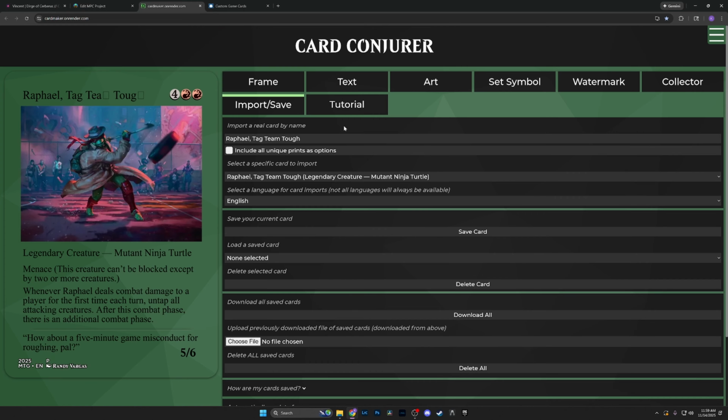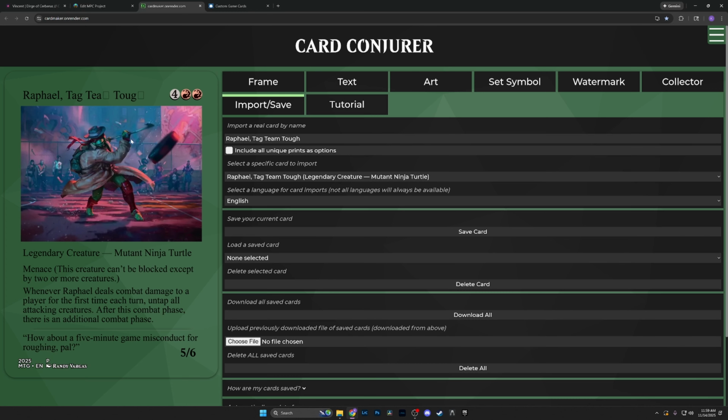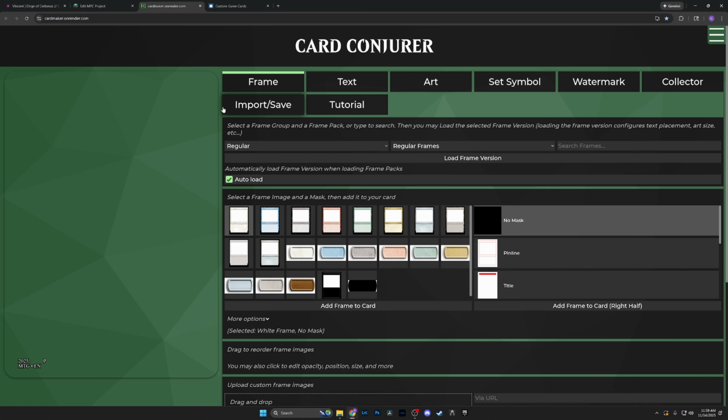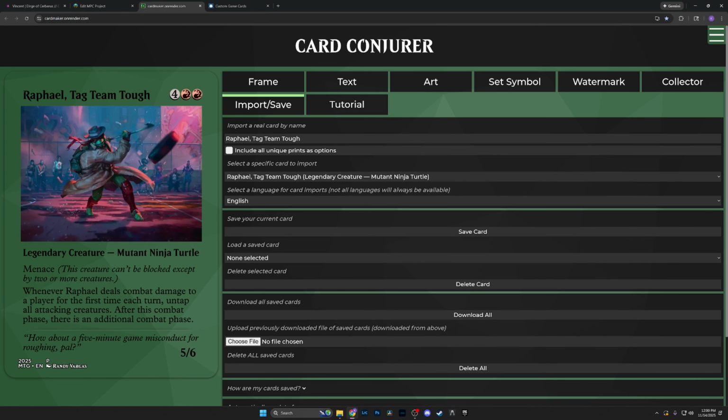Card Conjurer is by no means perfect. You can see it's got some mistakes here. I've found that if you just reload the page and go back to Import Save, pasting in the name, this time we're good to go. Not exactly 100% sure why this is, but refreshing a couple times usually seems to fix it. I'm not going to go into an insane deep dive, but I will show you my process for making this